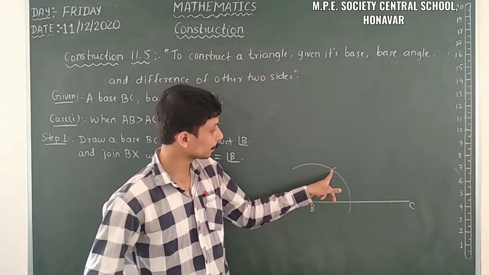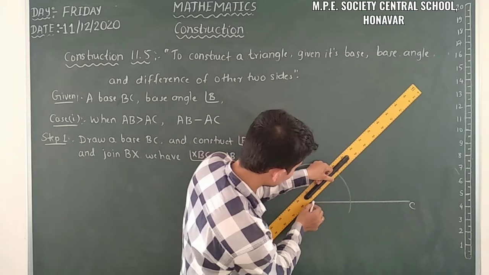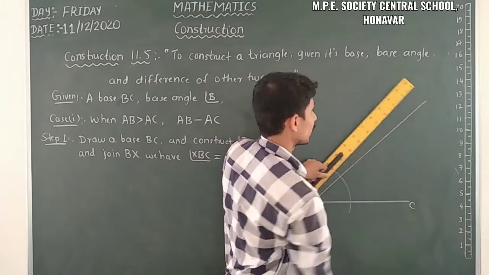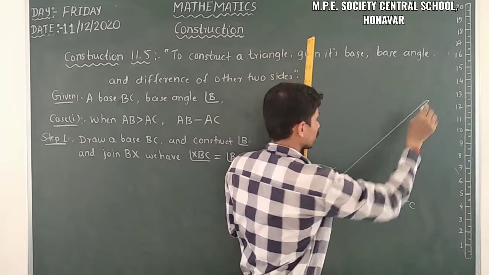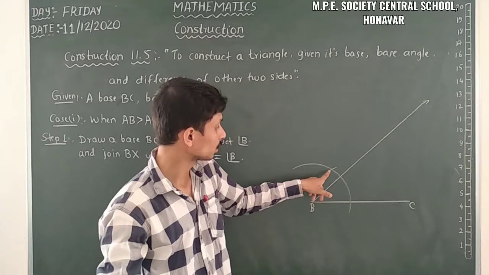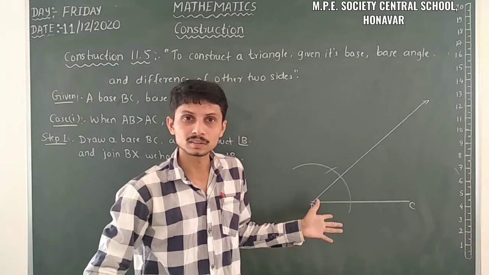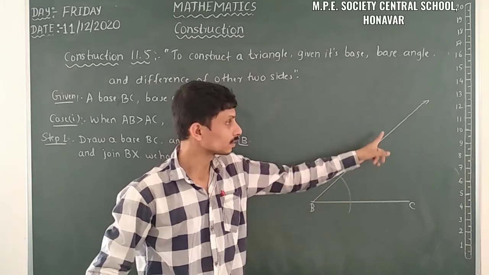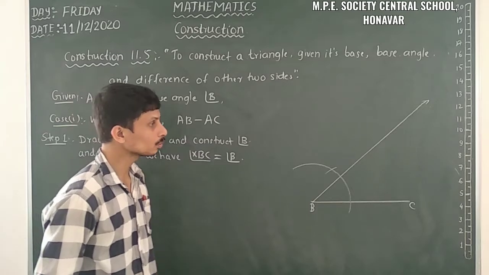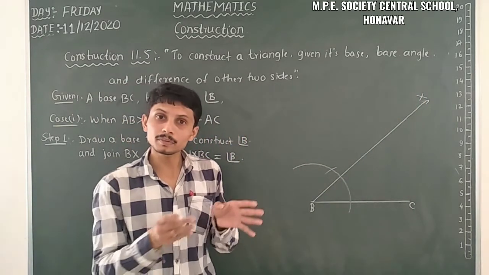Here I have the complete idea of the 60 degree angle, and below it I will take any measurement and draw a line. Whether it is 40 degrees or 45 degrees, I don't know. I just took an angle less than 60 degrees because the perpendicular bisector has to intersect this line. Yes, then here we have XBC. Just compare with the last construction.